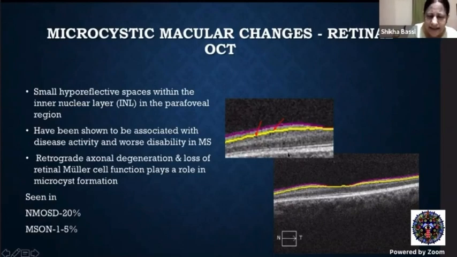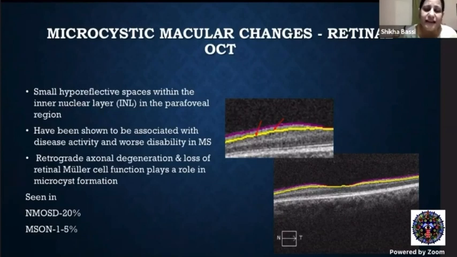These are very tiny. I showed you two dark layers in the segmentation. The lower one was the outer nuclear and the upper one was the inner nuclear. So in the inner nuclear layer, you see these dark spots here, and I've magnified it. These dark spots are hyporeflective spaces in the inner nuclear layer in the parafoveal region, and they are associated with